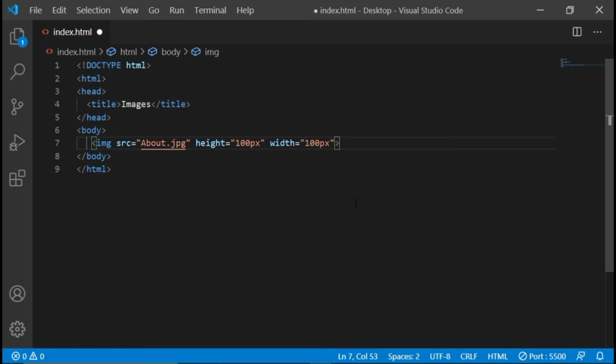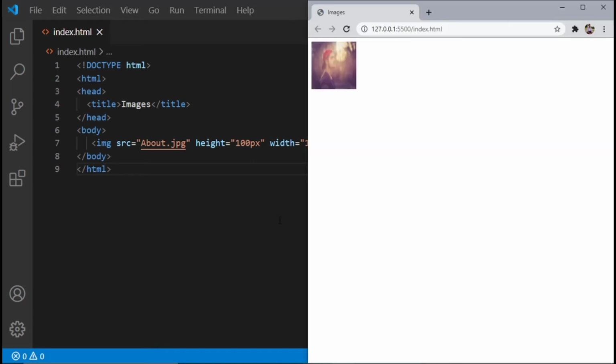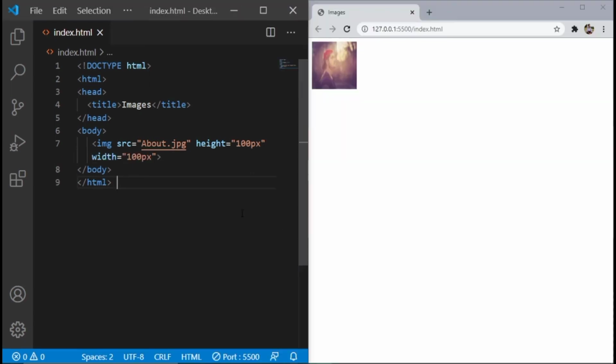So now save the file and open it in the browser. Let me adjust this one too. So now you can see the full image with height of 100 pixels and width of 100 pixels, which we want.